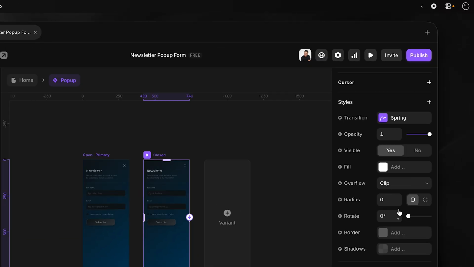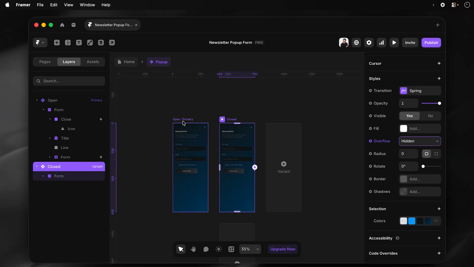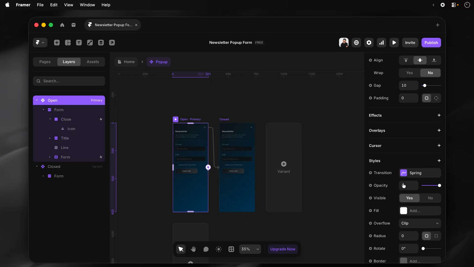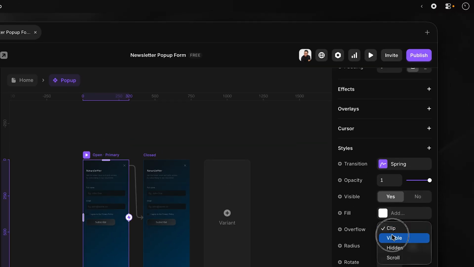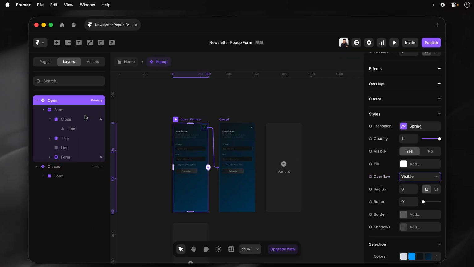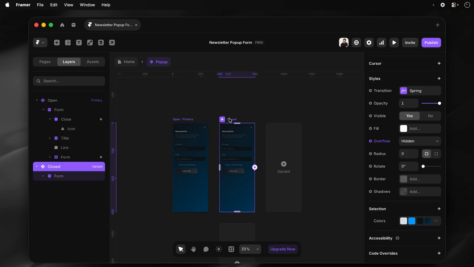ensure that the overflow is set to hidden or clip, and then for the open I want to have this as visible so that I have the shadow that I have for this form visible. And then I'll go back to the closed variant,